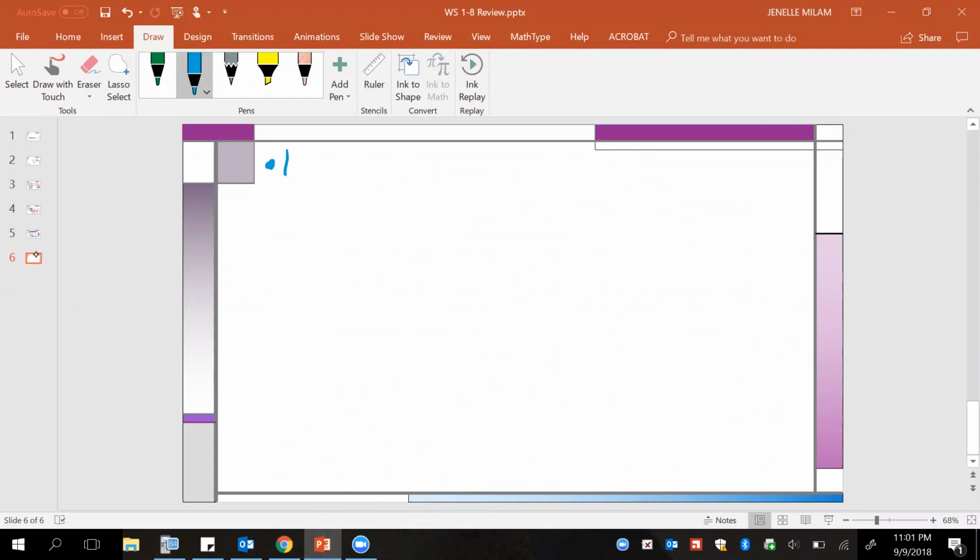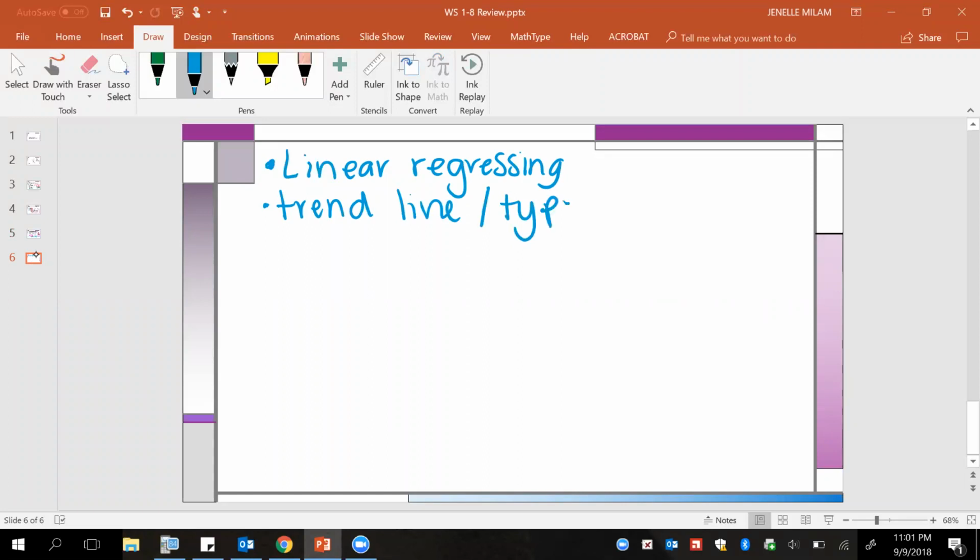Okay, so just a recap, things you need to make sure you know. So you need to know linear regression, the steps in those calculators, how to get it, trend line, where to draw it, and your type of correlation. So is it strong, positive, negative, no correlation, weak. So those type of statements. Oh, sorry about that. The other thing is going to be graphing,